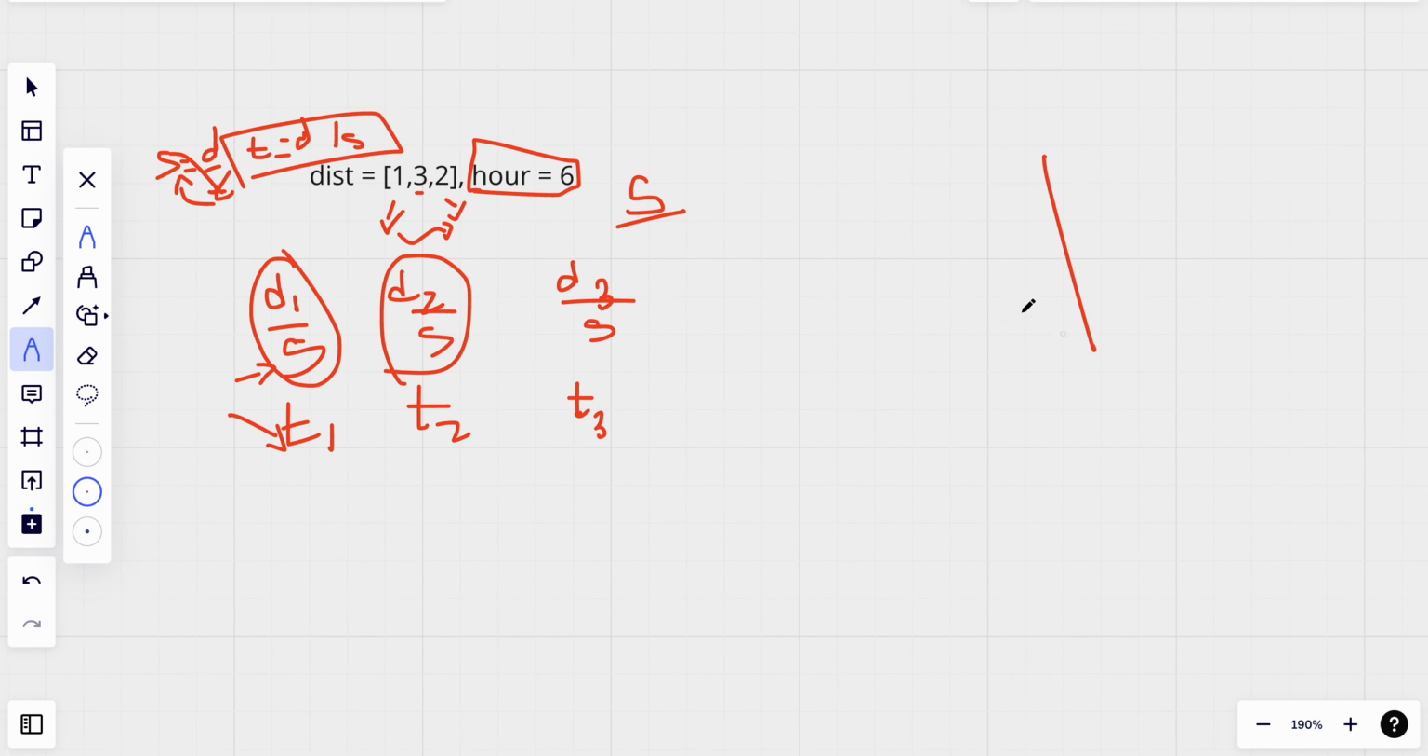Let's suppose we are traveling at a speed of... okay, let's take another example here, a good one. Yeah, the earlier one, 2.7. Okay, so now if we want to reach within 2.7 hours, let's suppose we are traveling at the